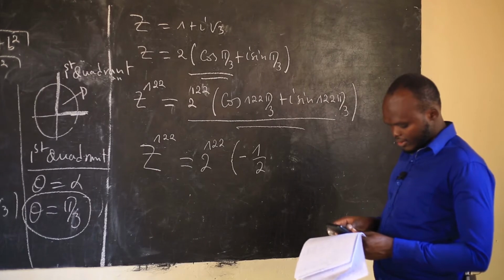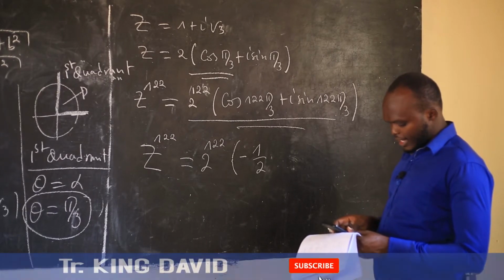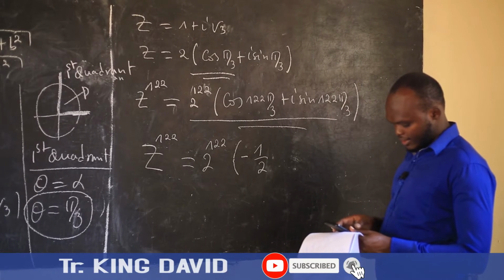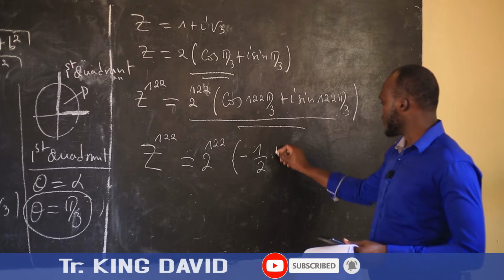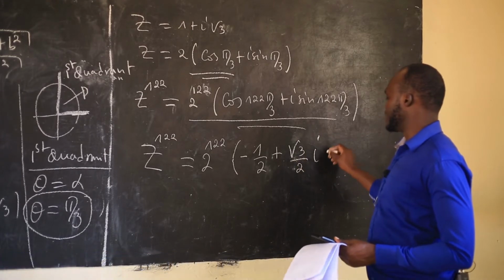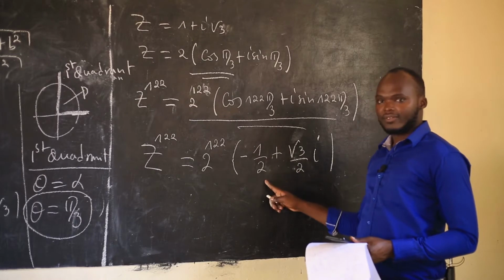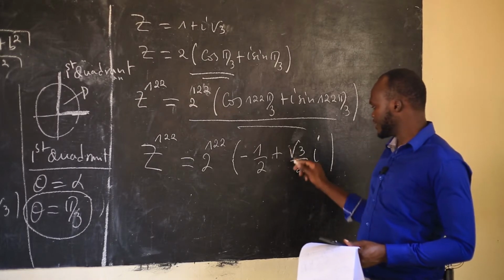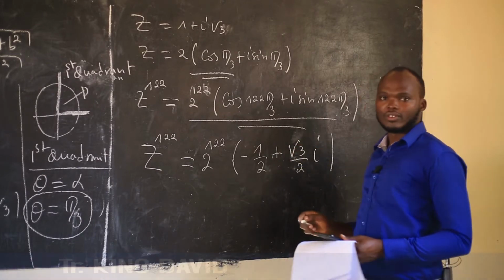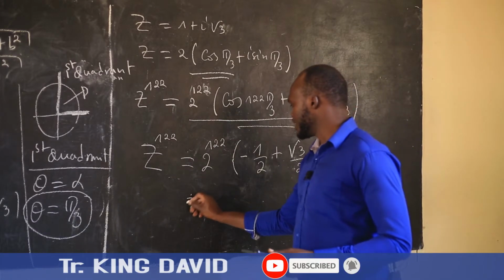Sine of 122 times 60. So I get root 3 over 2 i. So now, you see, we have a half here, so we can take a half out of the bracket. If you take a half out of the bracket, we get